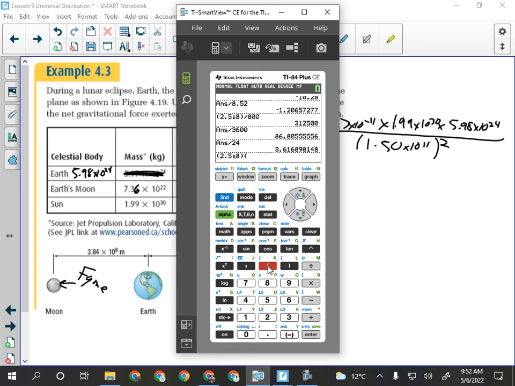All right, so we got 6.67 e negative 11 times 1.99 e 30 times 5.98 e 24, and then we divide that by 1.5 e 11 squared. Okay, so we're getting that the attractive force of gravity between the Earth and the Sun is 3.53,